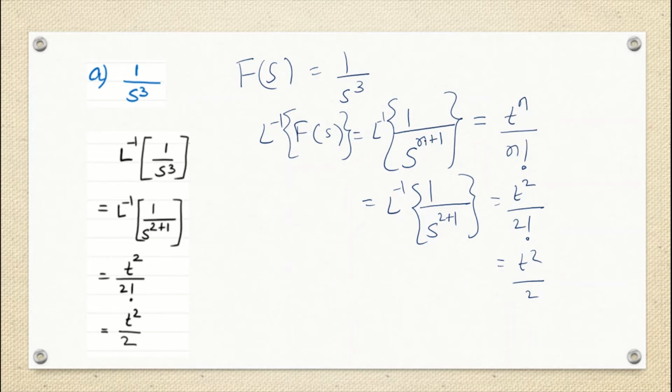So always remember that you have to put n here. If 3 is given, you have to relate 3 with n plus 1. You don't relate 3 as n. This is not correct. So 3 is n plus 1, and accordingly you do 3 minus 1, and this is 2 plus 1.